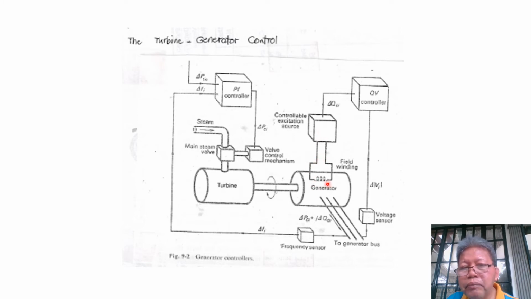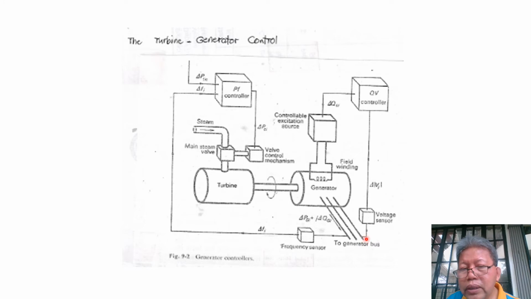field winding. So, for example, an increase in the field current will mean an increase in the flux produced by the field windings of our generator. And the increase in flux will also mean that the generator will generate a higher voltage. So that corresponds to a change in voltage here, which is negative, meaning the